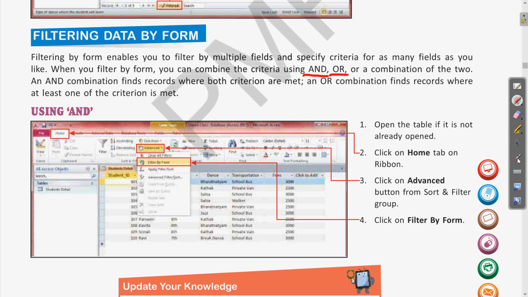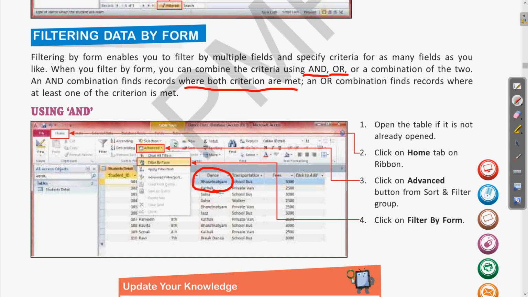Let us read this first. When you filter by form, you can combine the criteria using AND, OR, or a combination of the two. An AND combination finds records where both conditions are met. Clear? Suppose we want to select records with two conditions, like a student learning the dance form Bharatnatyam.